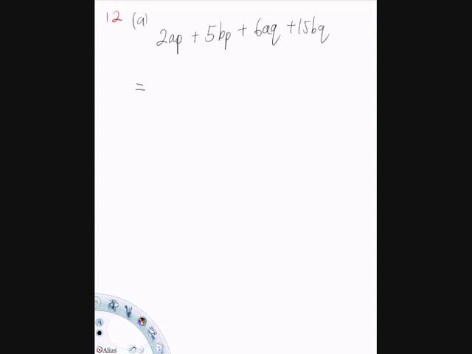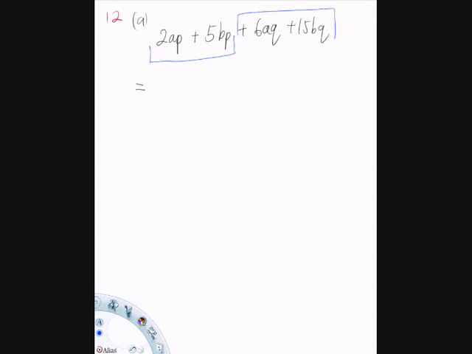So the very first method that you should use is to check whether there are common factors you can remove from each term. Do a quick check. There isn't any common factor you can remove, and this expression has 4 terms. Usually for an expression with 4 terms, you can factorize using grouping. So we'll group the first 2 terms together, and we will group the last